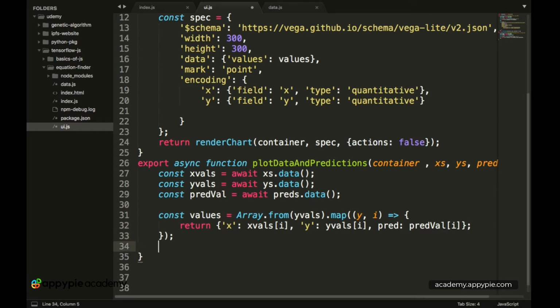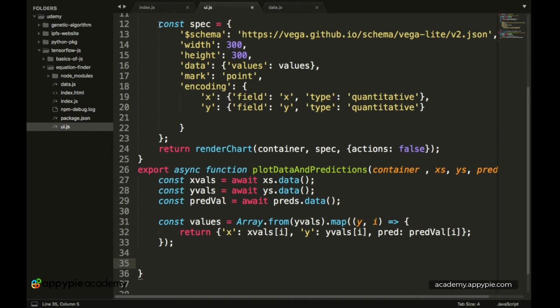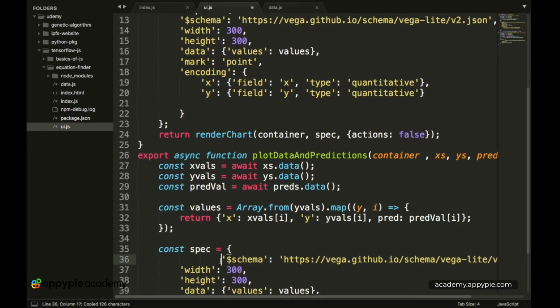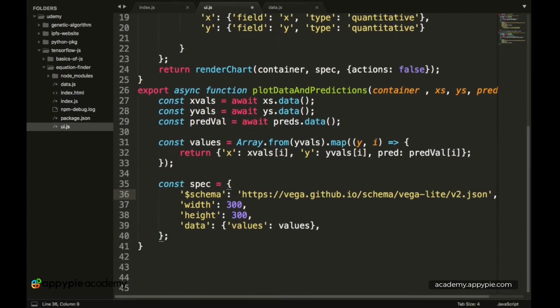Okay, so now after this the process is again pretty much same, where we have to declare a spec constant. So over here let's create a new constant called spec, and this is basically equal to, let's add a semicolon over here, and now inside spec let's basically copy everything up to the data section. Okay, so let's copy this and let's paste it over here. And now essentially after data inside of the spec constant, we basically have to now add in two different layers.